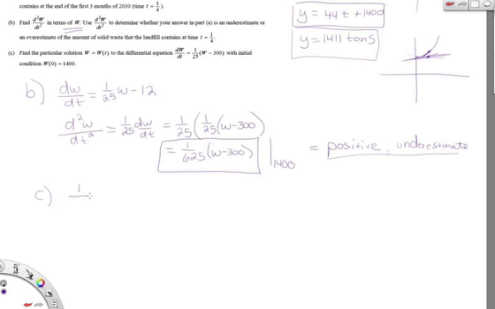That gives me 1 over W minus 300 dW equals 1/25 dt. So the antiderivative of this is going to be natural log of the absolute value of W minus 300 equals 1/25 t plus C. So now I need to find C. I know an initial value. I know at time 0